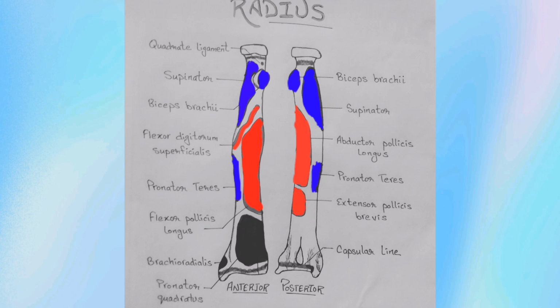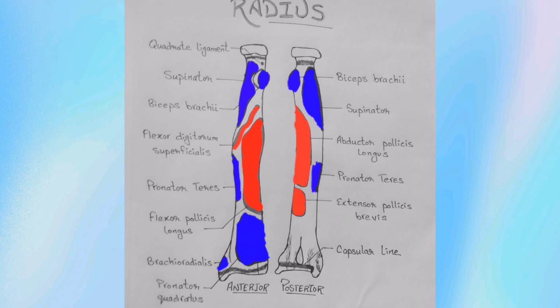Now we come to the distal or lower end of the radius. The styloid process serves as an attachment site for muscles that move the wrist. Brachioradialis. This muscle inserts onto the base of the styloid process and contributes to elbow flexion. The anterior surface of the lower end is involved with the pronation of the forearm. Pronator quadratus muscle inserts on the lower one-fourth of the anterior surface of the radius and acts as a primary pronator